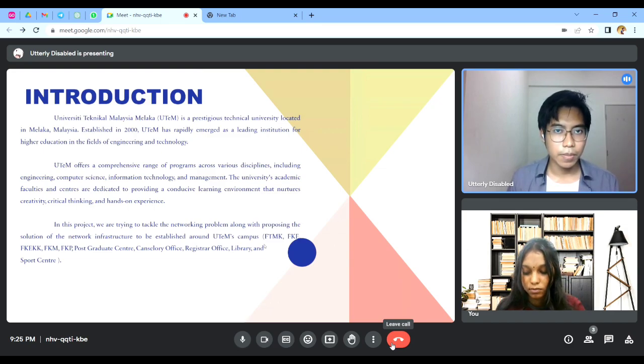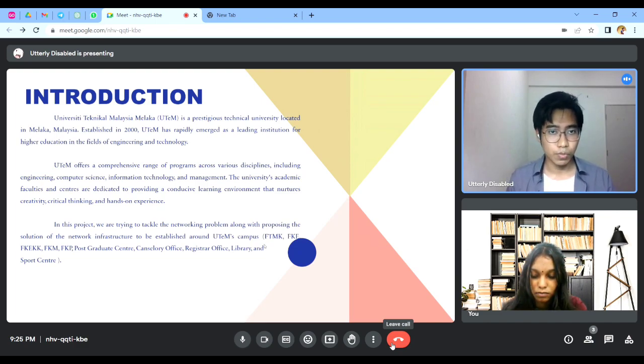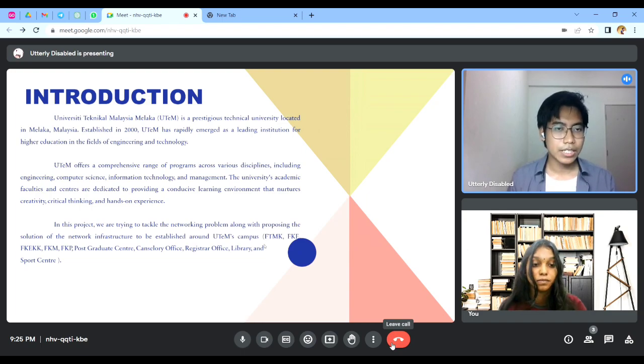University Technical Malaysia Melaka (UTEM) is a pretty prestigious technical university located in Melaka, Malaysia. Established in 2000, UTEM has rapidly emerged as a leading institution for higher education in the fields of engineering and technology. UTEM offers a comprehensive range of programs across various disciplines, including engineering, computer science, information technology, and management. The university's academic faculties and centers are dedicated to providing a conducive learning environment that nurtures creativity, critical thinking, and